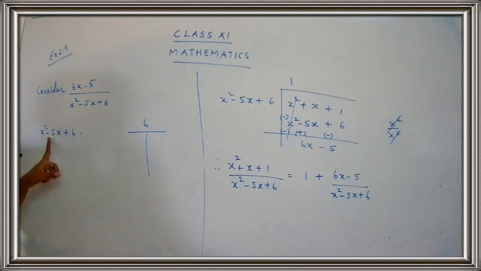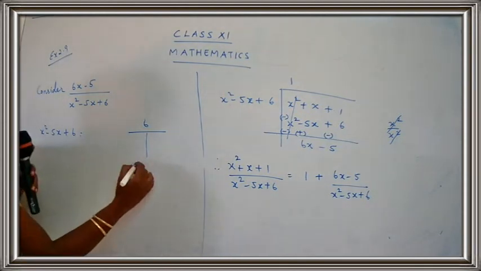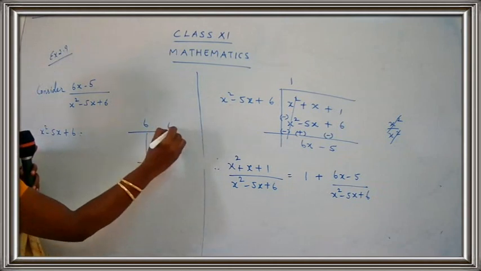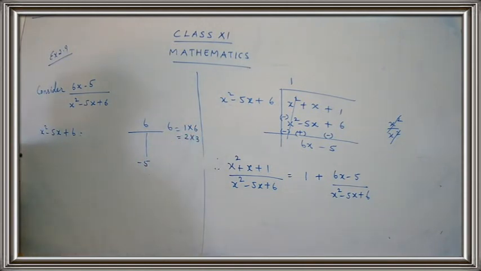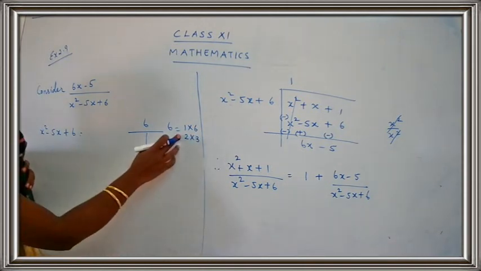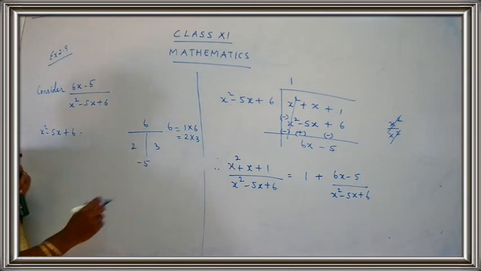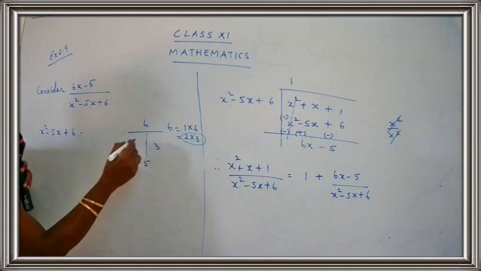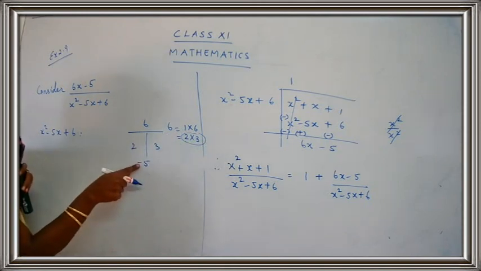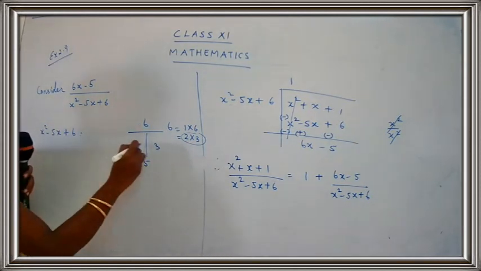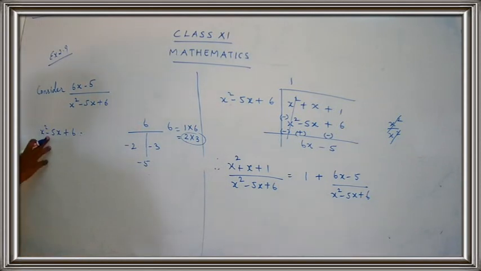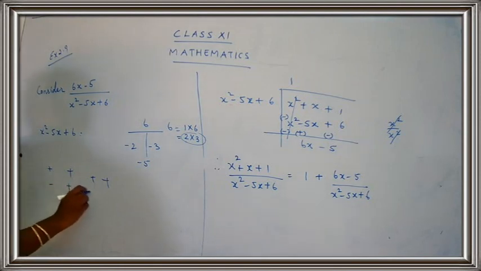The middle term, what is the coefficient of the middle term? It's minus 5. So put here minus 5. You have to write down the factors of 6. 1 and 6 are, 2 and 3 are. I'll choose this choice. 2 and 3 gives you 5. But here the sign is minus and here the sign is plus. So you have minus plus. When you have minus plus, you have to give the sign as minus minus. Remember this condition. When you have plus plus, both the factors are plus plus, and when you have minus plus, you have to give both the values as minus minus.